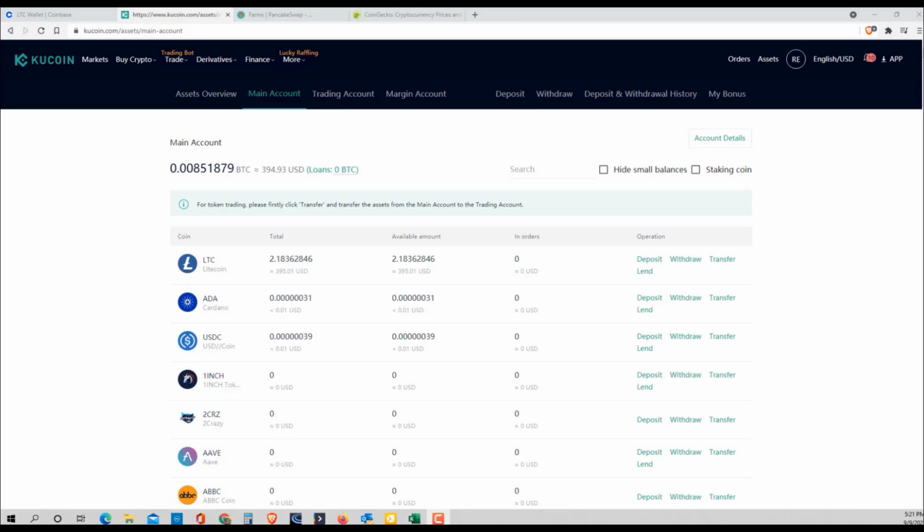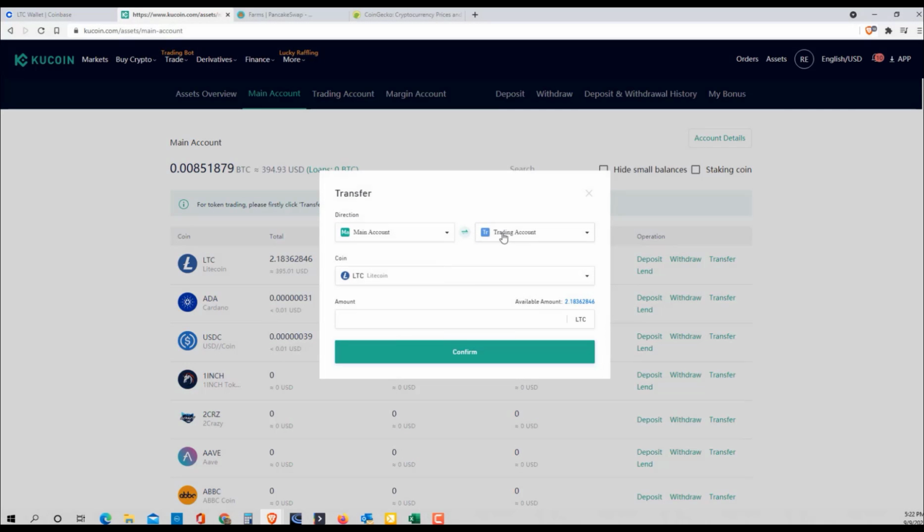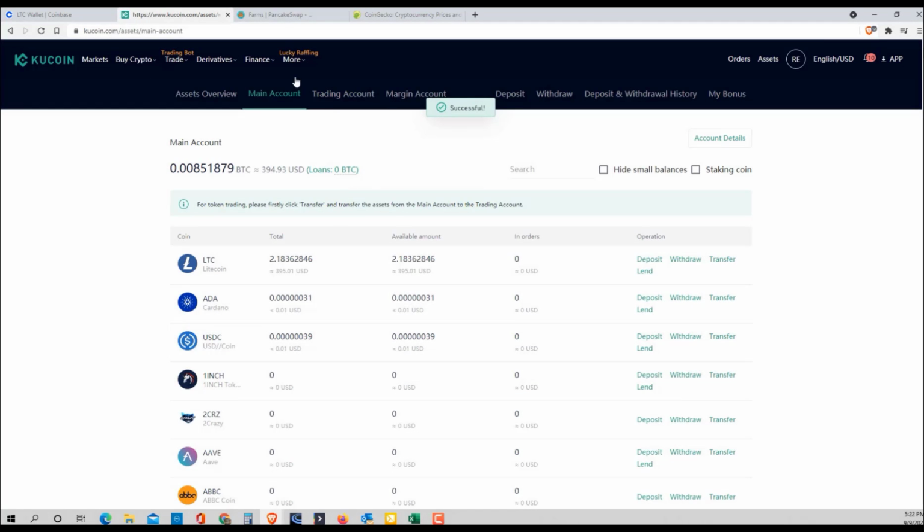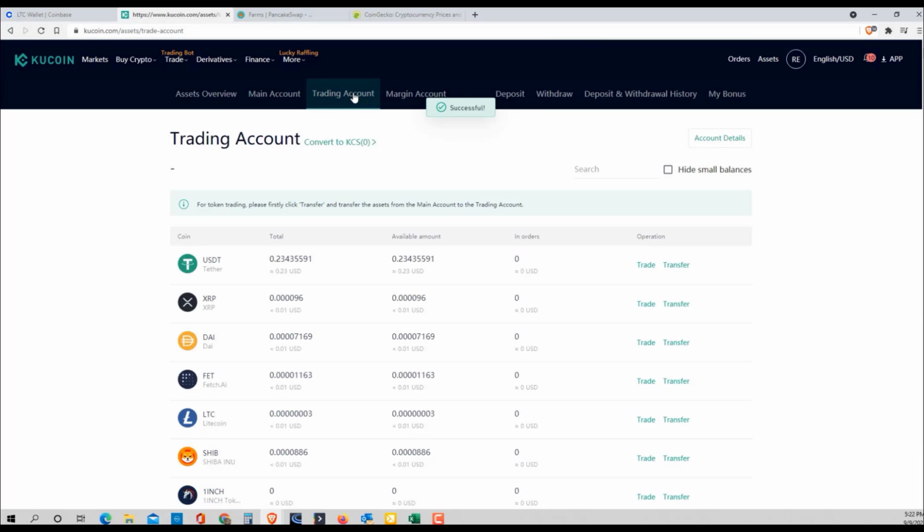Okay, I'm back. It was about half an hour, just slightly less. So now you see I have $395 worth of LTC in my main account. Now, in order for me to change it into USDT and then to Binance, I have to transfer it like I did in episode 7, transfer it to the trading account, all of it, confirm. And like I said, it should pretty much be automatic. I might just have to refresh once. Okay, perfect. Now I'm going to press trade